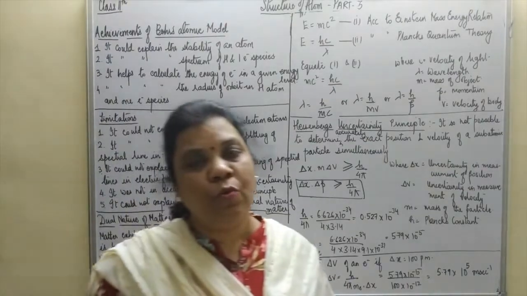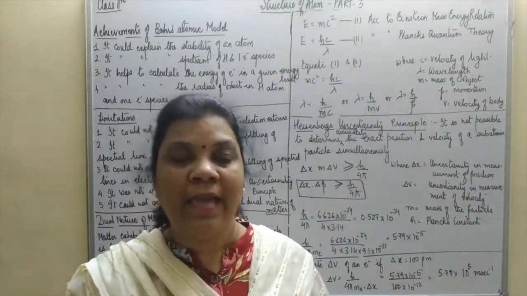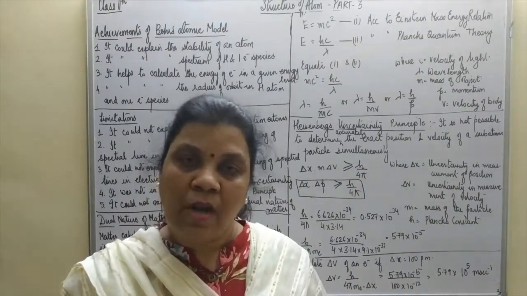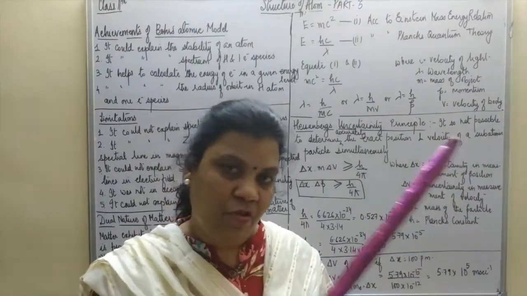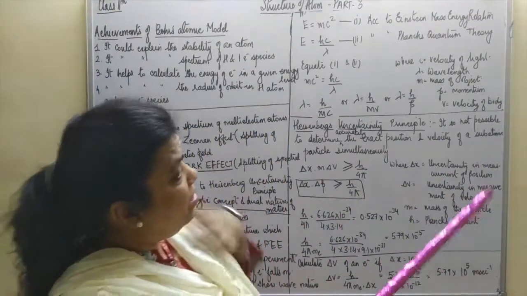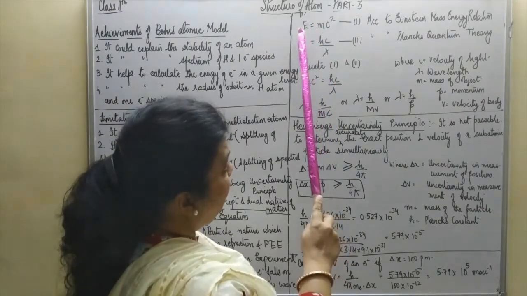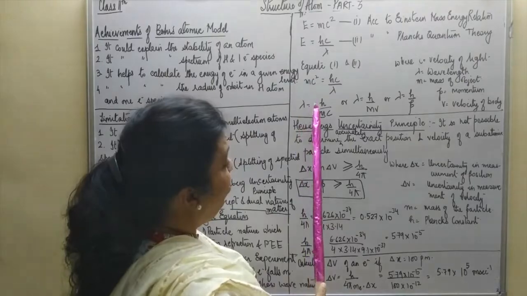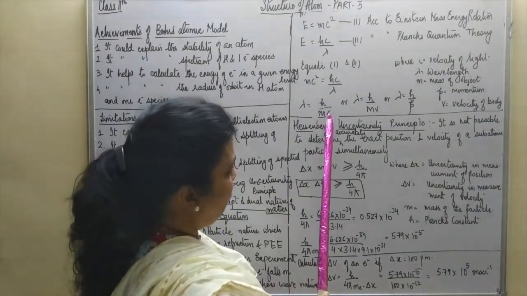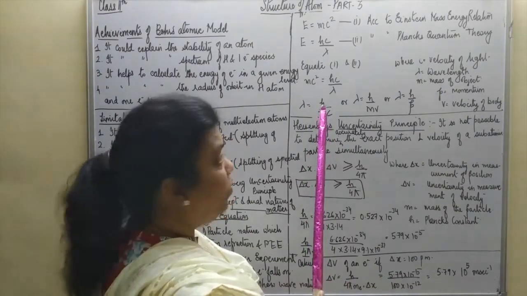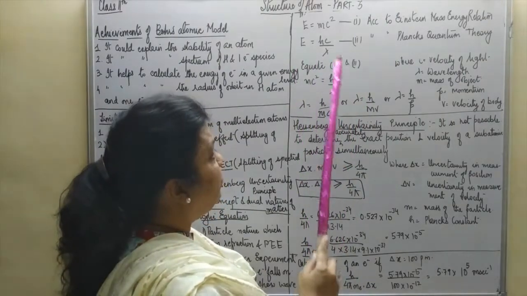So we have two types of characteristics exhibited by light or matter. And what are those characteristics? That is particle nature as well as wave nature. So let us in this context derive the de Broglie relationship. The de Broglie relationship is the relationship between the wavelength and the velocity, or the wavelength and the mass of the object. We are going to derive it in a very simple derivation of two steps.